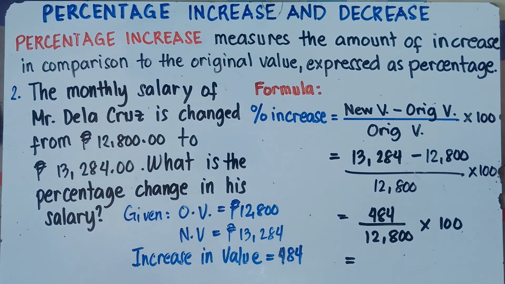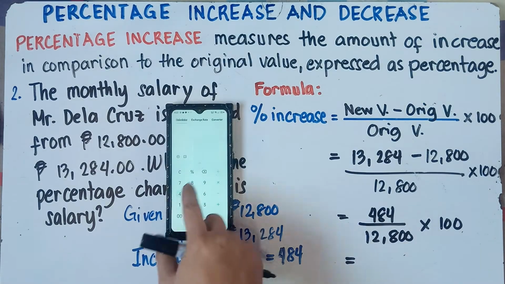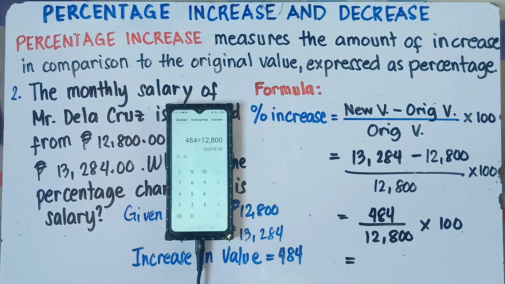Alright, so simply use our calculator, class. It's very hard for us to do it manually because these are large numbers. So let's use our calculator. I hope, class, in this scenario, the teacher will allow you to use calculators because these are large numbers. You can use your cell phone or your scientific calculator. So 484 divided by 12,800, you will have 0.378. After 8, that's 1. So we will have 4 decimal place values, class.